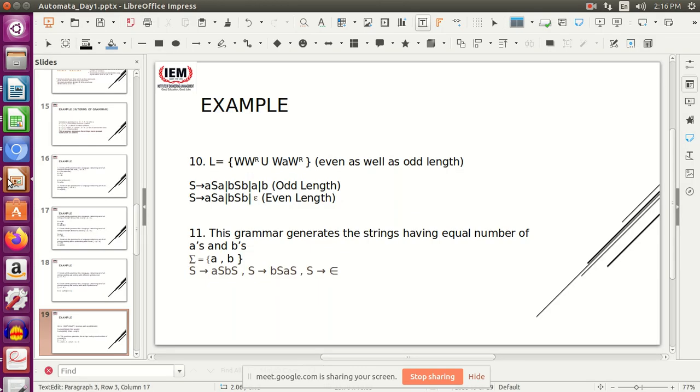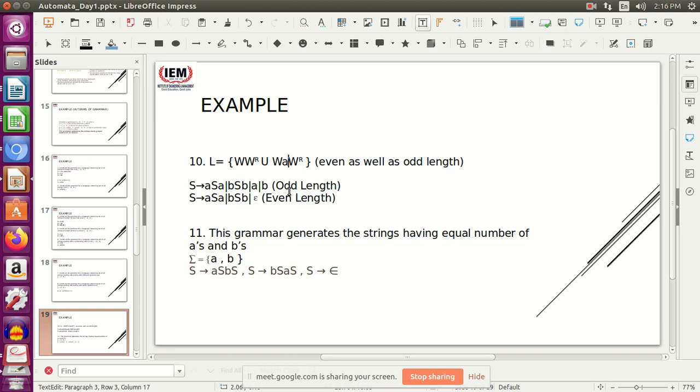So keeping in mind the similar kind of synchronization, we design our grammar taking the help of recursive relation again. If you see, if it starts with A, it ends with A. If it starts with B, it ends with B. And in between you have an S. So whenever you replace this S, you will either get ASA or BSB, which again satisfies the condition that it will start and end with the same letter, or alphabet.